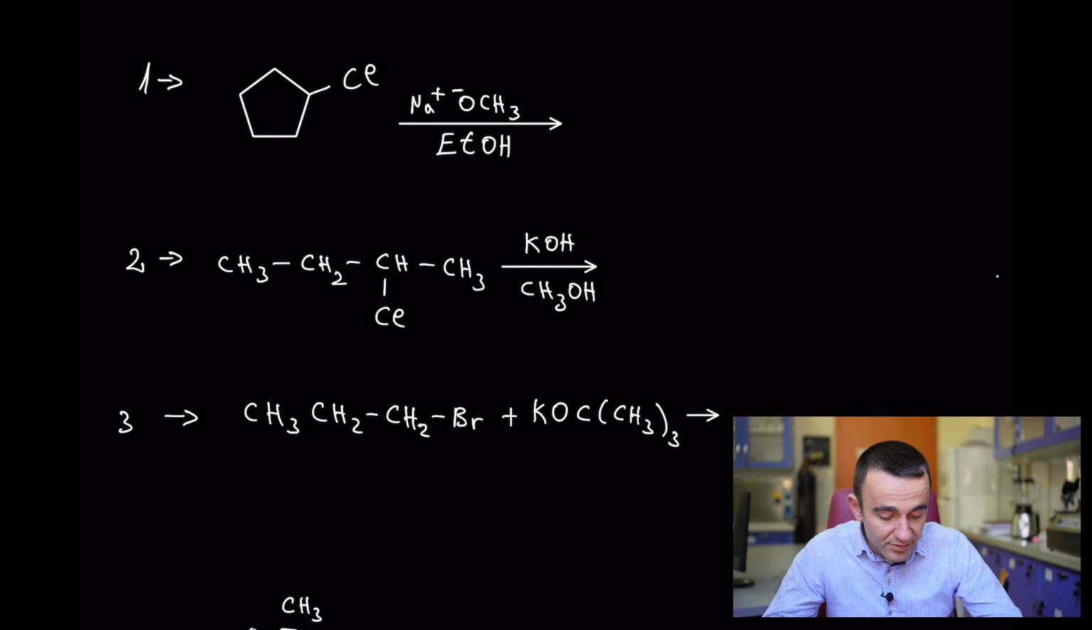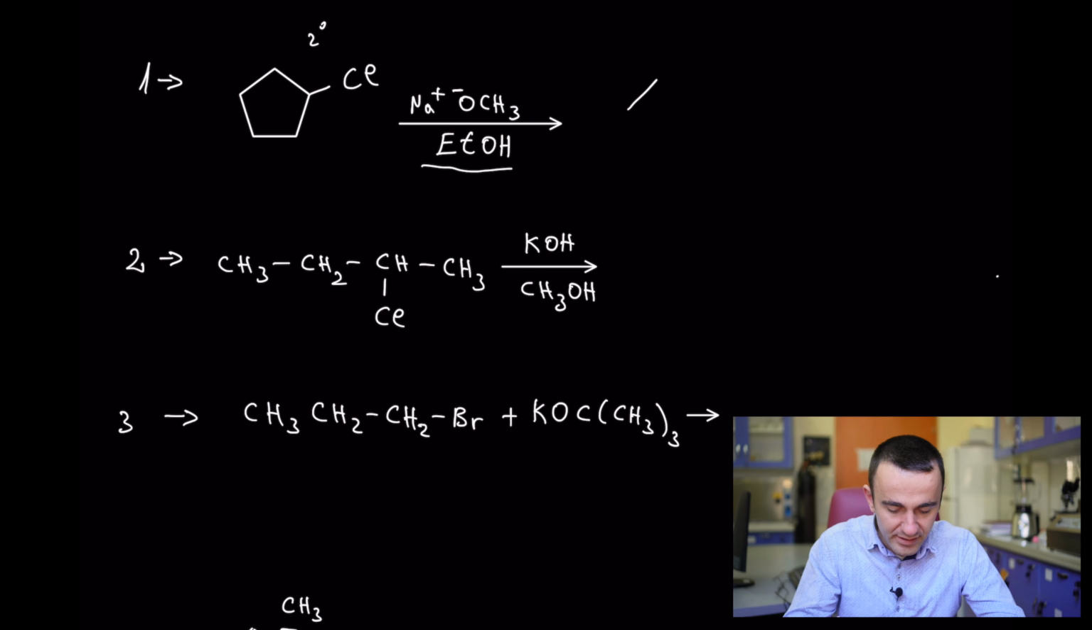As you can see in the first example, you have a secondary alkyl halide with ethanol as a solvent and a strong base. So the product here is going to be,